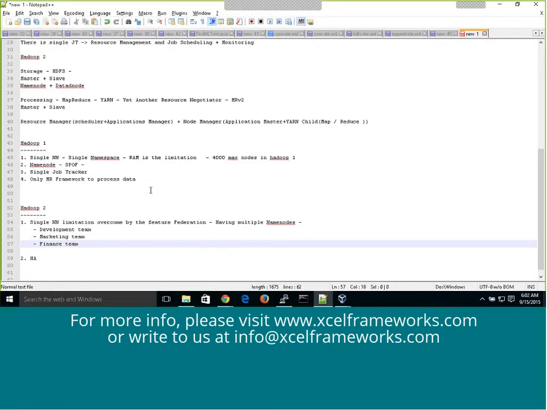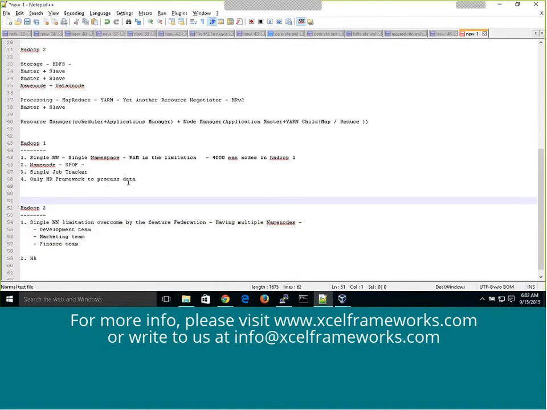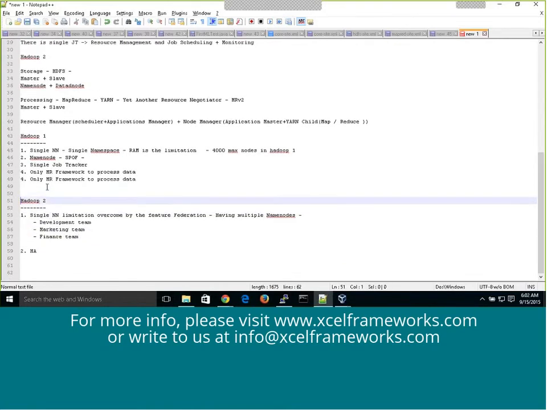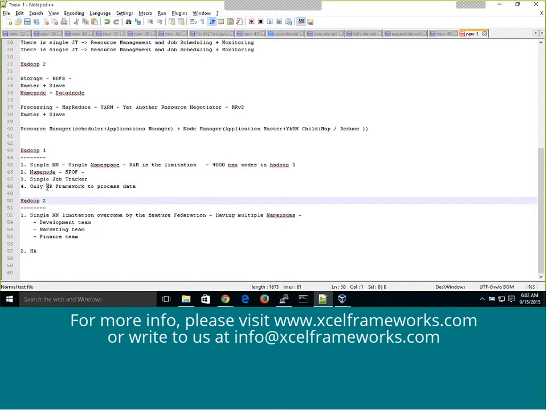But that is not the case with Hadoop 1. If the name node is down, the entire organization is down. So this is a primary advantage here. Now another important thing with federation is you need to understand that the name nodes do not talk to each other. Okay, the name nodes do not talk to each other, but the data nodes will know